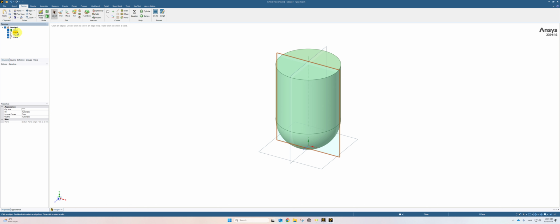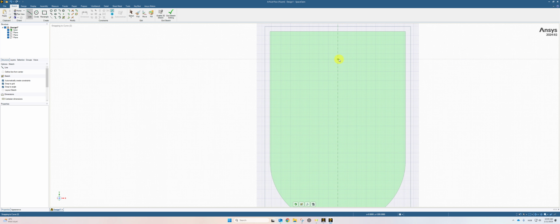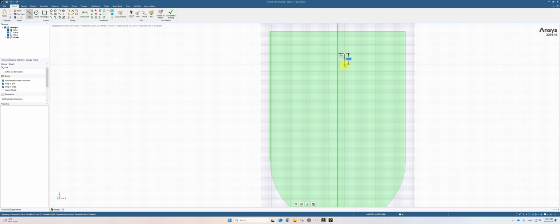So if you click on the first plane and then make your sketch mode plane view, I'm going to make some sketches. All right, 50, 100, 100. Okay, this is going to be the sketch for the inlet on both sides actually that I'm going to pull,